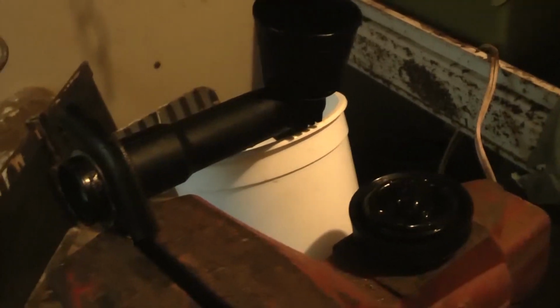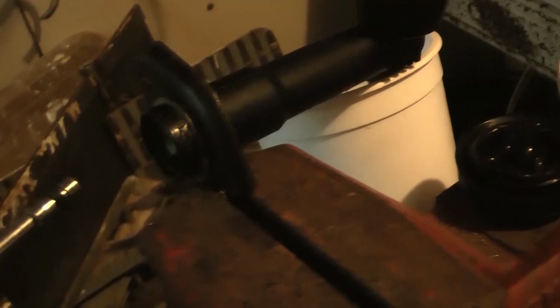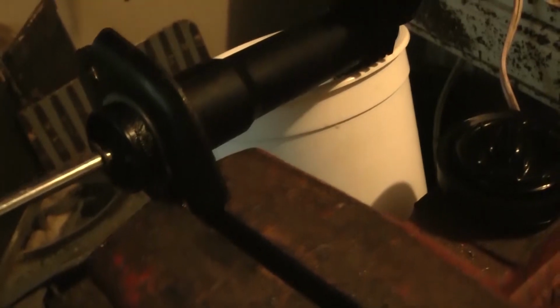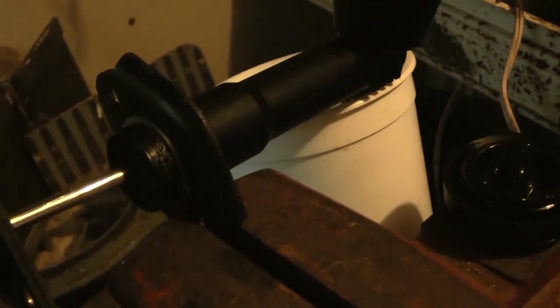All right, now this is bench bleeding, on a bench here. So what you do is you fill this reservoir up with brake fluid, and then I got a bucket here just sitting here. What I was surprised of is